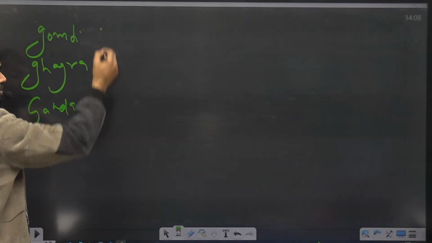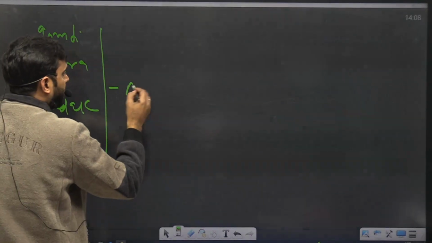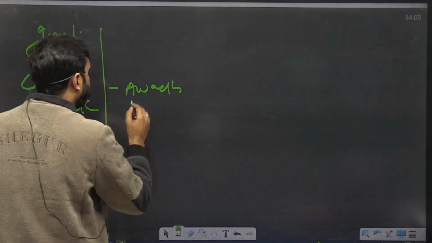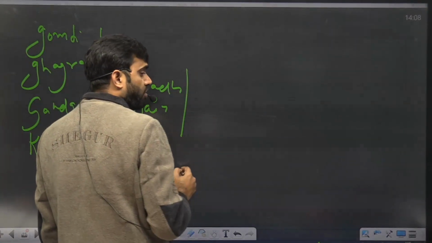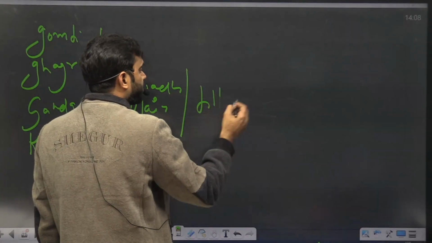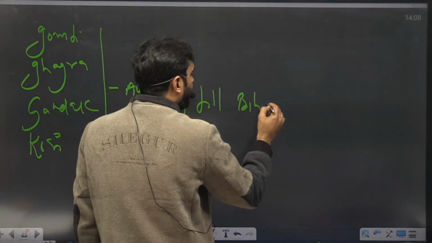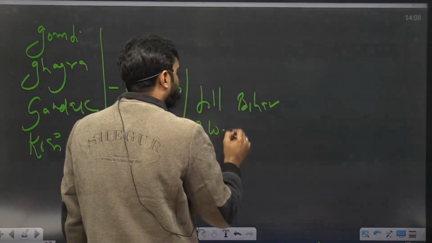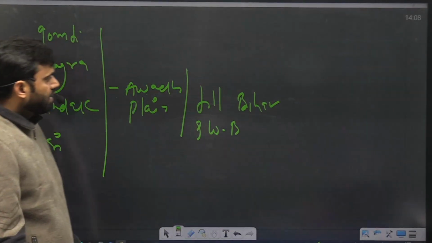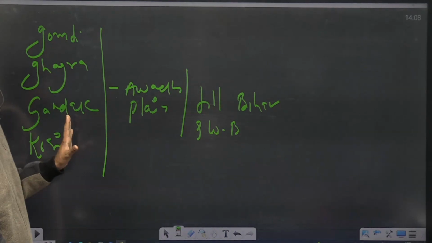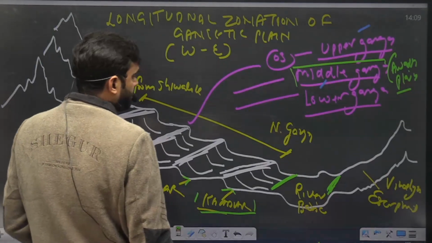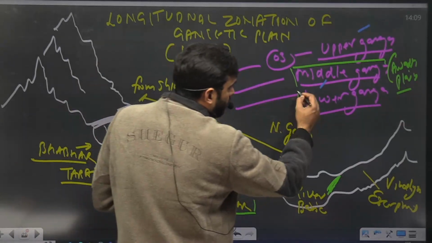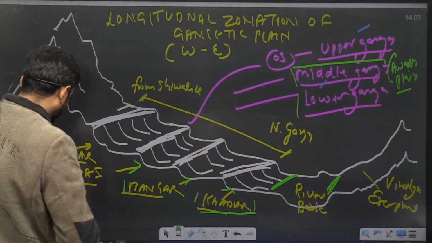Gomti, Ghagra, Gandak, Kosi form the Awadh Plain. Actually, this Awadh Plain stretches till the border of Bihar and West Bengal. Exactly. And on the other side, the Lower Ganga is mainly lying